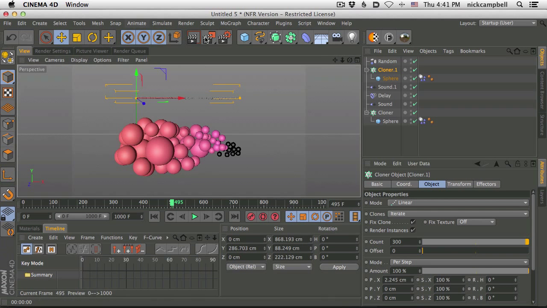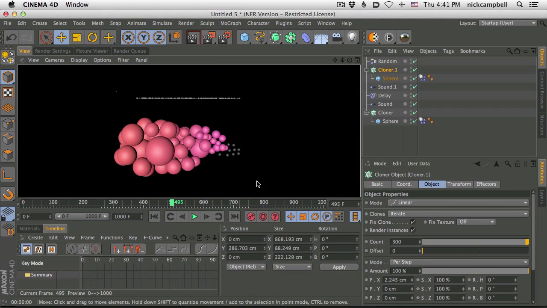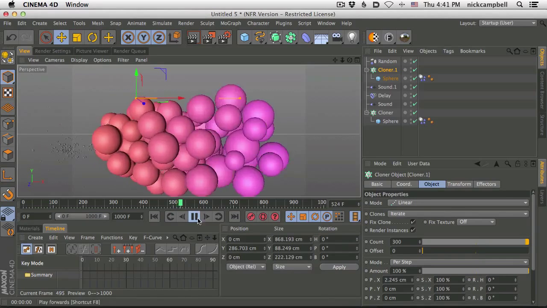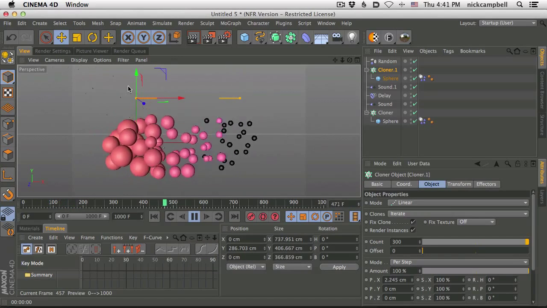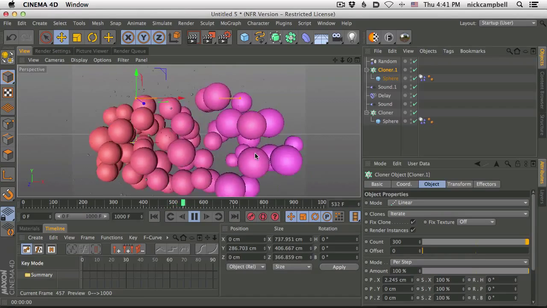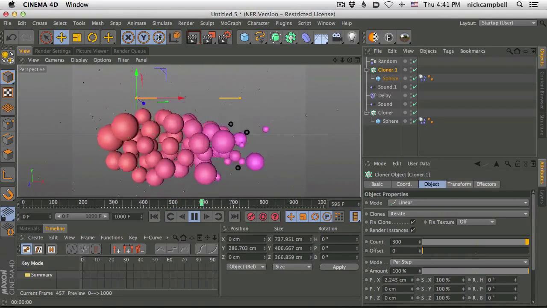All right, let's head back in, see where we are. We have our dust falling down. Whoops, there we go. So we have our dust falling down. We have our balloons popping and moving around and being loud and making dust fly around. There it goes. Cool. That's exactly what we want.